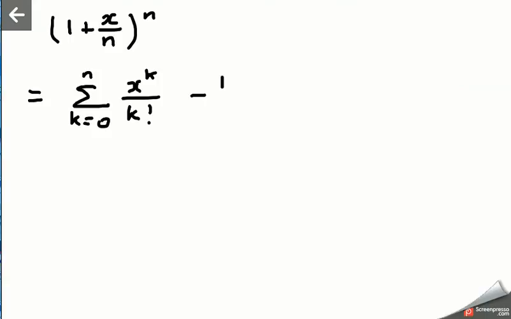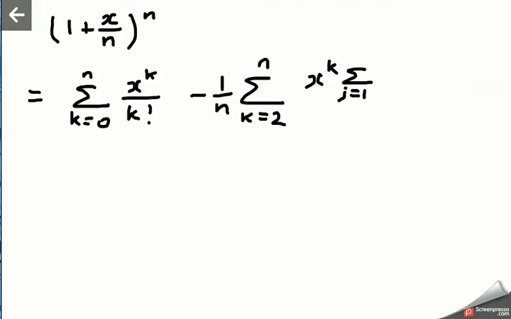Minus 1 over n times the sum from k equals 2 to n of x to the power of k times this other sum, the sum from j equals 1 to k minus 1 of simply j. So we're timesing x to the power of k by that thing in the brackets, and of course that is divided by k factorial plus,